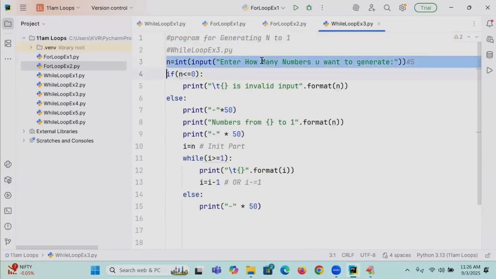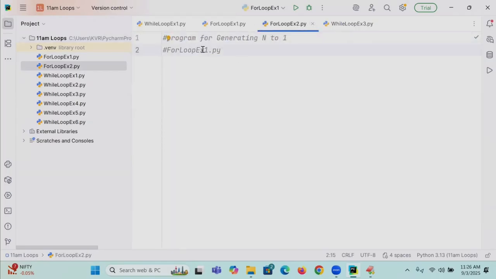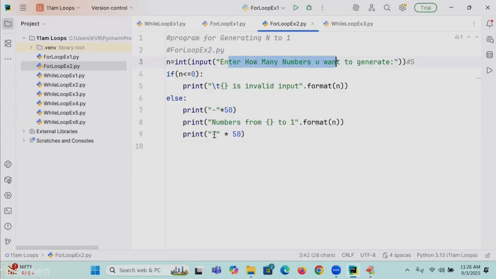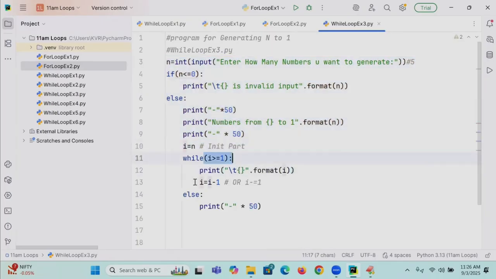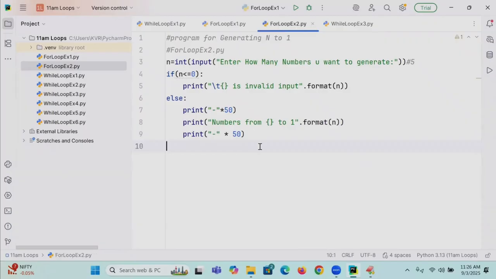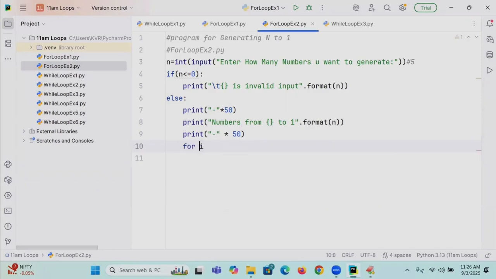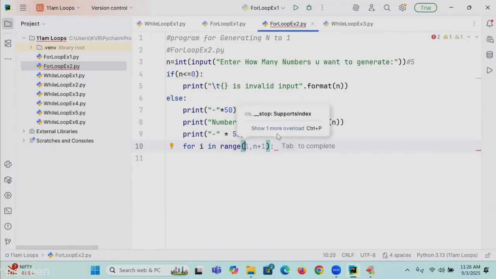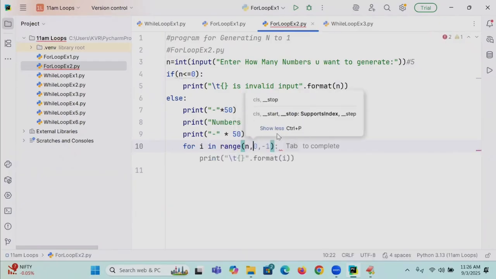So I will take as usual up to here. Here I am going to show how to do it with the for loop. How many numbers do you want to generate? Same here. I went for initialization, condition, updation. Here I don't do it. How do you go about it? For I in range, come on, n, comma, n,